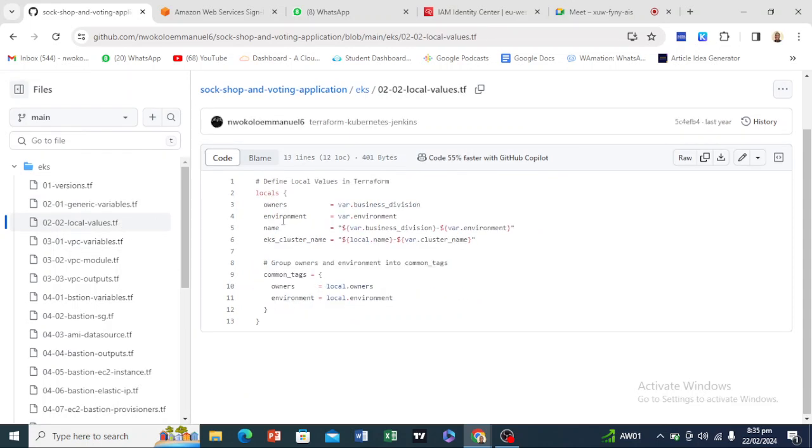Now, if you go to our local values, we can see the owner, we can see the variables also for the business division. That's who we're setting as the owner, and the environment, we're setting it as the variable environment that was basically declared here. And the name, we're also giving it a name of the business division and the environment. So the EKS cluster name also is going to be the same thing with the var.cluster_name. This is also a variable. So the common tag also, we have the owner and the environment, the local.owner, local.environment, which is also reflecting back to this owner here and this environment that is here. So when we go over to the VPC variables again, we